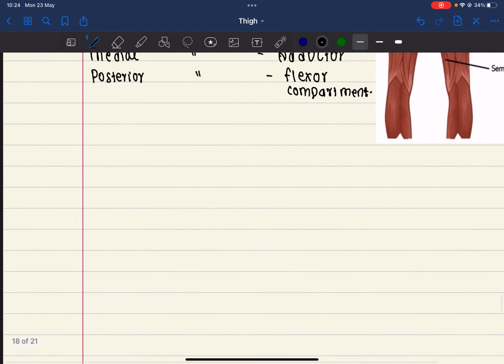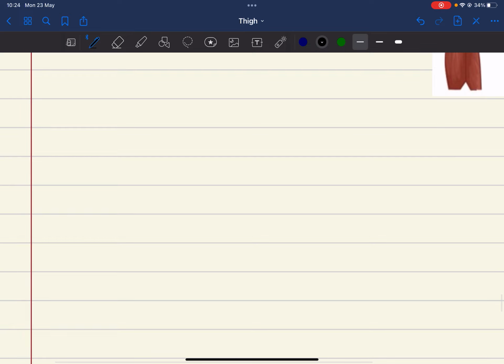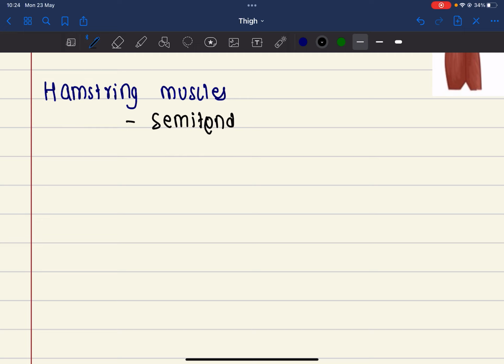Talking about the muscles, back of the thigh को muscles लाई hamstring muscles पनि भनिन्छ. र यो muscles हरु कुन कुन हुन्छ भन्दाखेरि it includes semitendinosus, semimembranosus,